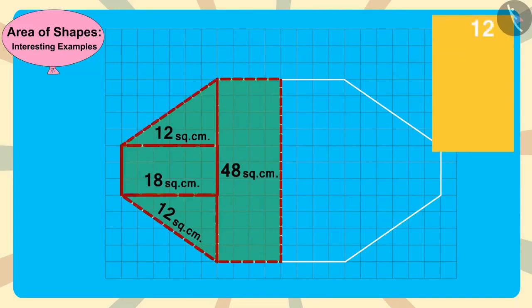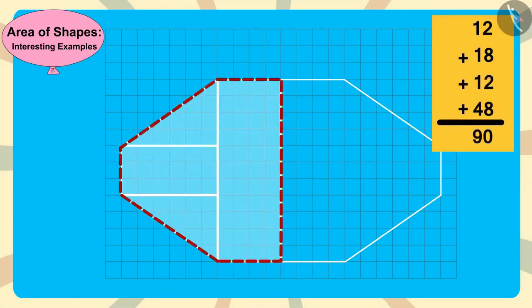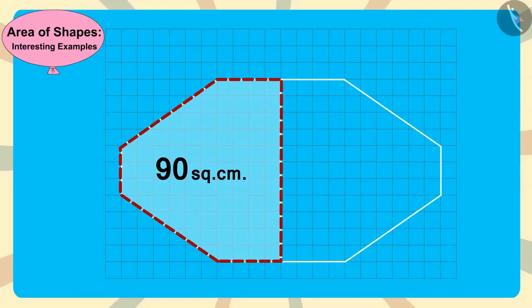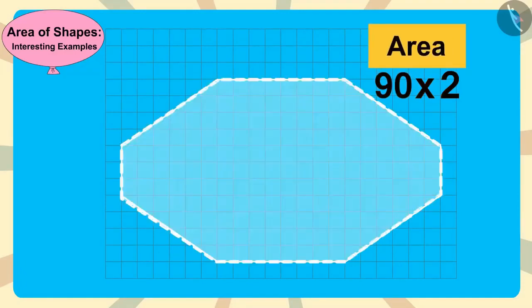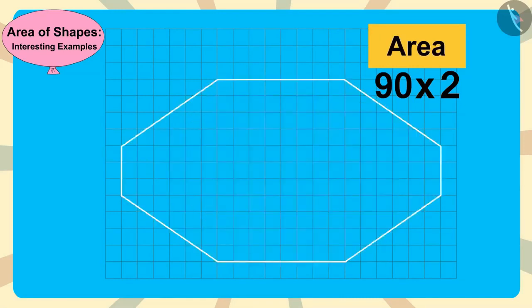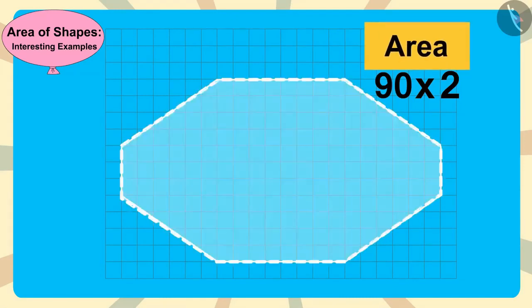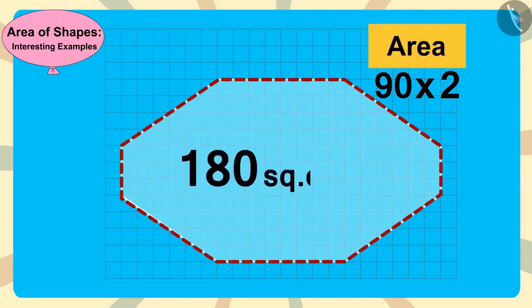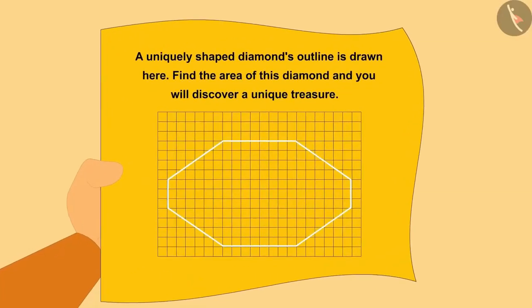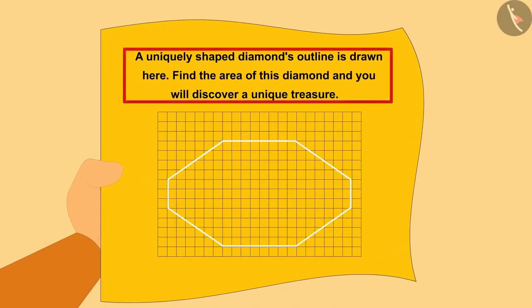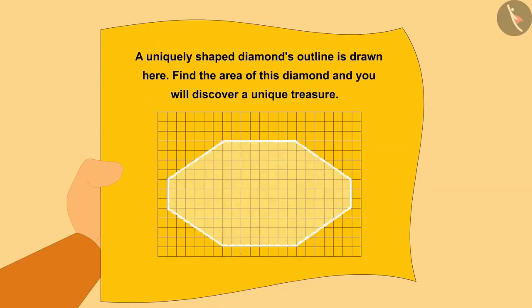We can add the area of these shapes and find the area of this part of the diamond as 90 square centimeters. And then we will multiply 90 by 2 to find the area of the entire diamond. In this way, the area of this diamond is 180 square centimeters. Chanda too, like you, found the answer to this puzzle and wrote the area of the diamond